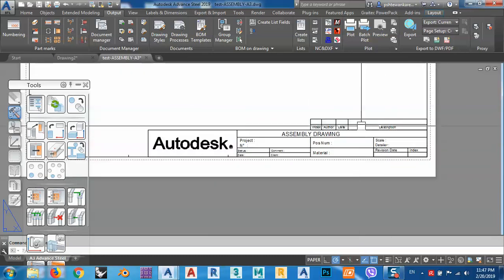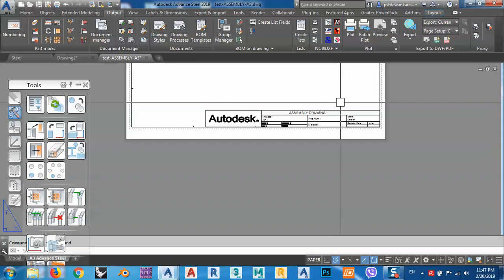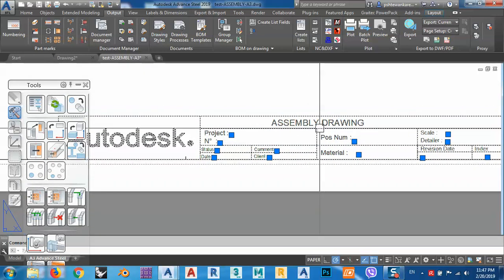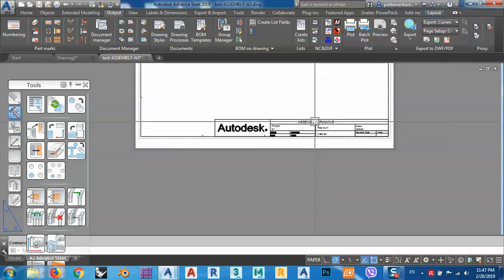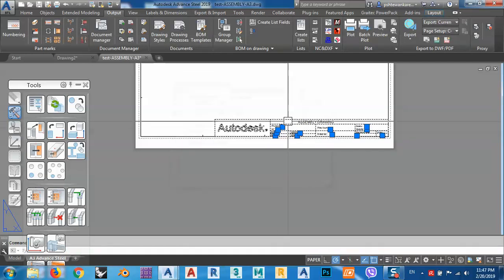This is for the prototype, and this is for the descriptions and date. I want to delete this one also. I want to work just here. Okay, as you see, this I have a block. Okay, this I have a block. So just double click. It gives you every tag and every prompt. Okay, just